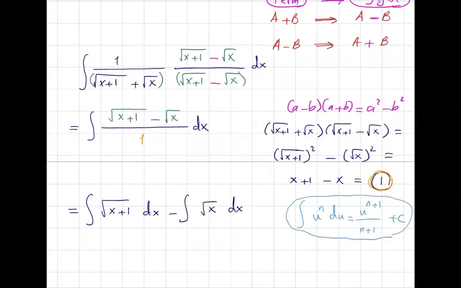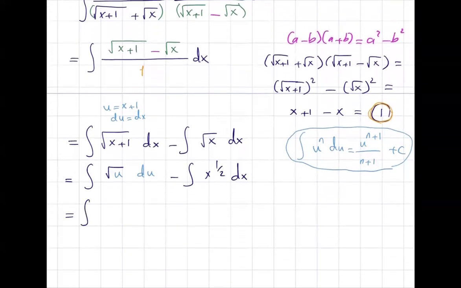So for each one of these, it is the case that you have u to power n, because if you take u to be x plus 1, du is dx. So this integral is equal to the integral of square root of u du minus the integral of x to power a half dx, or you have the integral of u to power a half du